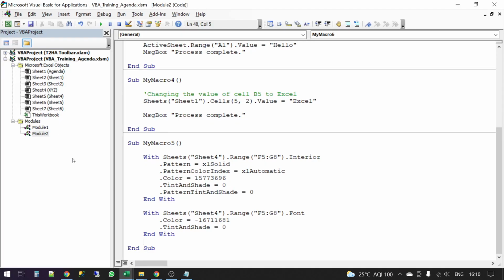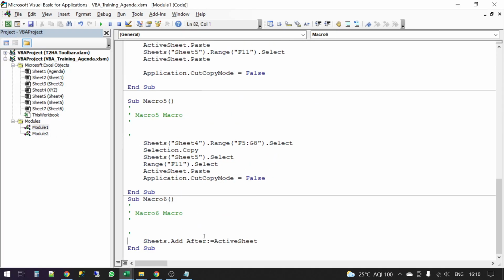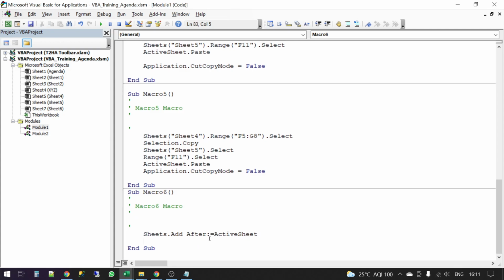I'll go to Visual Basic. This is the code that has got recorded: Sheets.Add After:=ActiveSheet, something like that. I will write something around it. So this is the line that has got created for adding a new sheet.